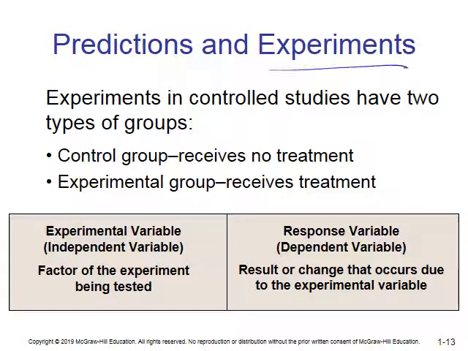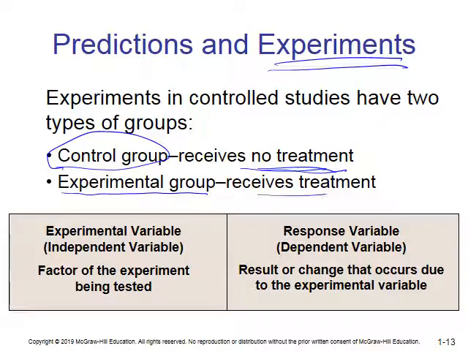When we're creating experiments, the design matters. So we need to make sure that we have a control group, somebody that receives no treatment. Sometimes you've heard of the placebo group, right? The fake group, the group that's not receiving treatment. And then there's the experimental group, the one that actually does receive treatment. And you can have multiple experimental groups.